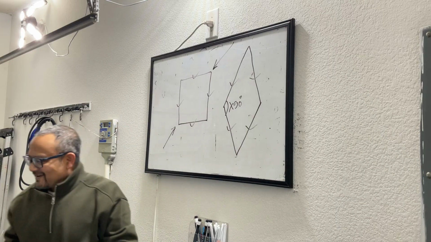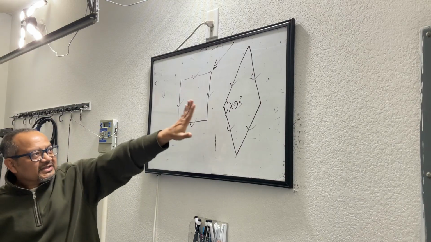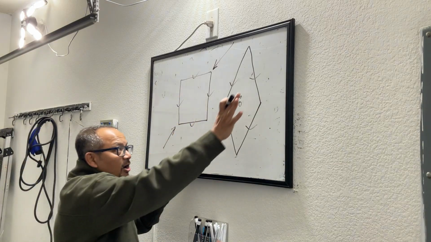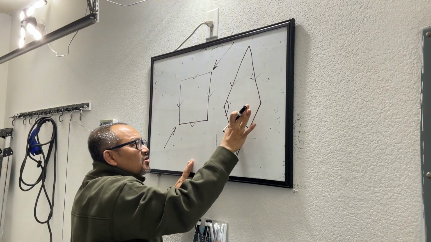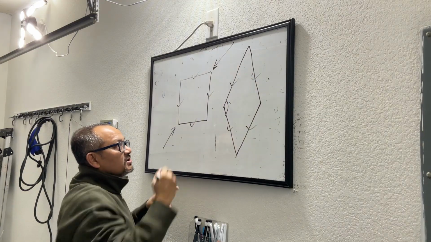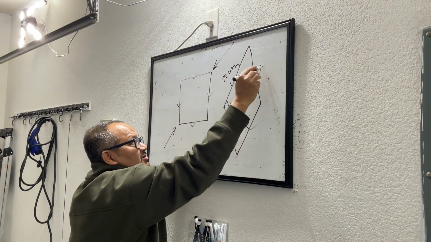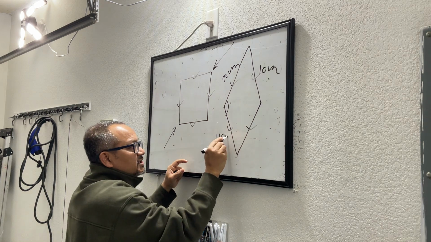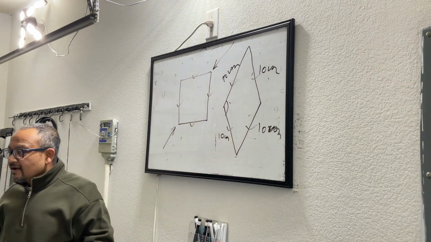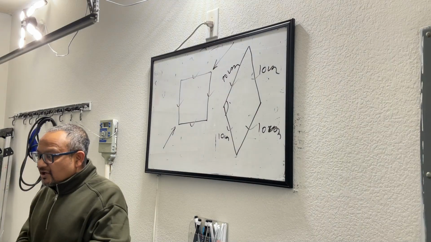Okay. Alright. So here, this is the difference between a rectangle, square and a rhombus. Now, there are few more things that you need to know about a rhombus. One thing is obviously all sides are of same length. So if this is 10 centimeter, this is also 10 centimeter. This is also 10 centimeter. This is also 10 centimeter. And there is one very unique property of a rhombus.